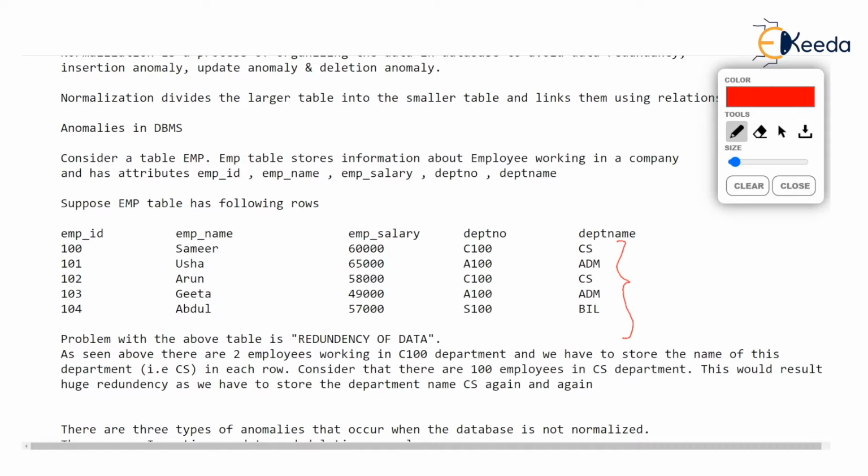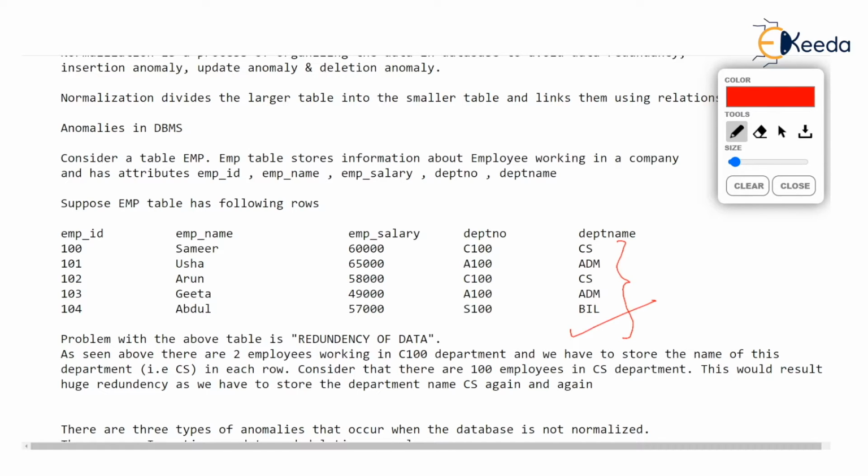Otherwise, you can easily open an Excel sheet and type all the data, whatever comes, in row and column format. Then why would this technique of normalization be required? It would be required to avoid data redundancy. Isn't it so? Now, not only data redundancy, there are other problems also.